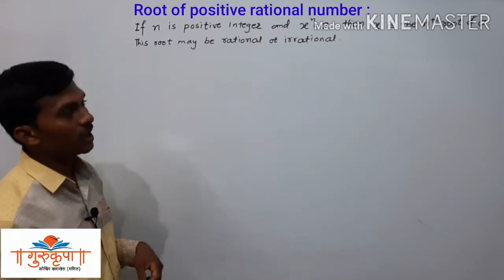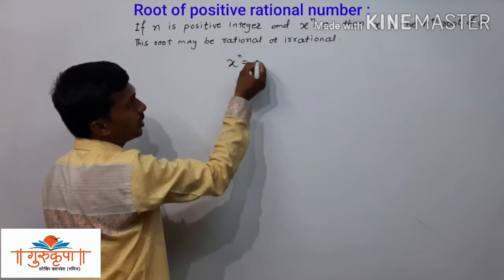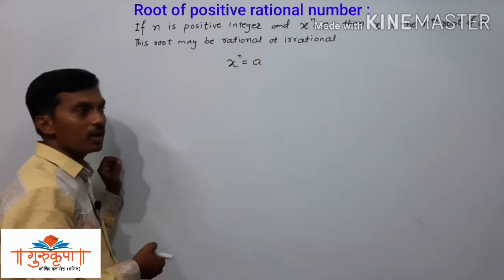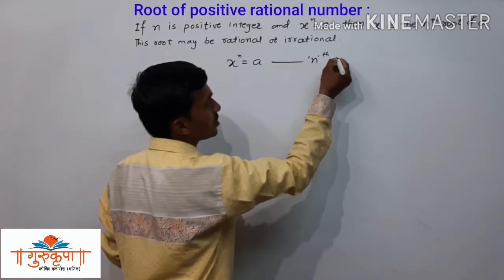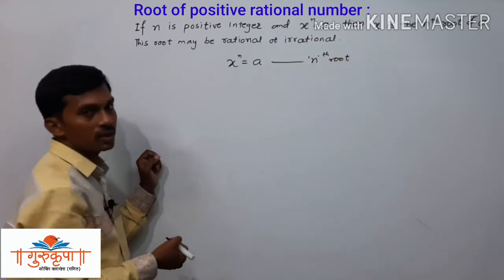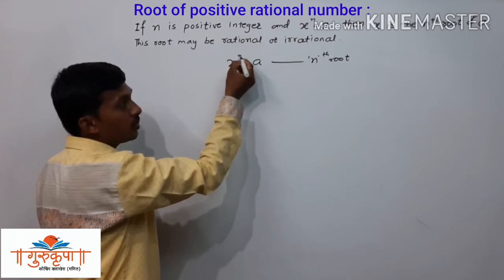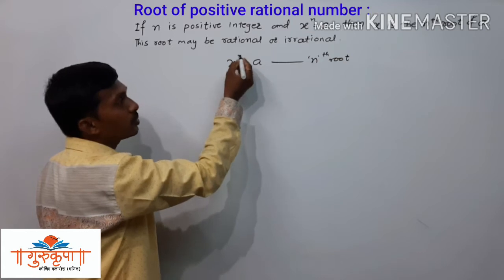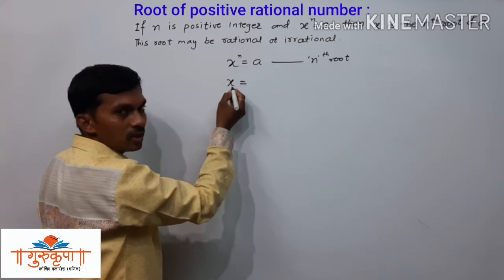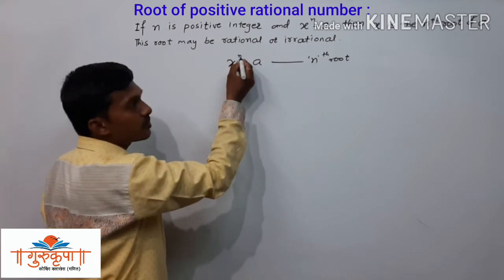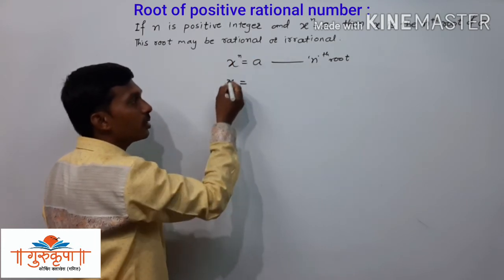Here we will write this part as an equation. We are given that x to the power n is equal to a. That is the given information. Now if we take the nth root of both the sides, the nth root of x to the power n is x. If we have x to the power 5 and we find the fifth root, then the fifth root of x to the power 5 is x. If we have x to the power 10 and we find the 10th root, then the 10th root of x to the power 10 is x.